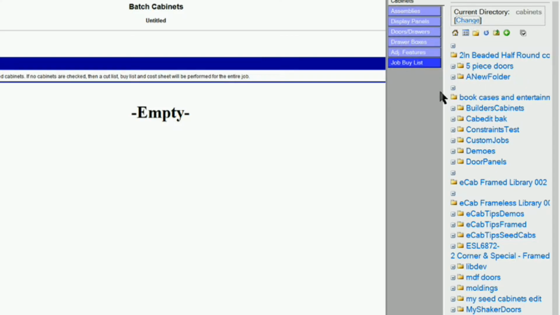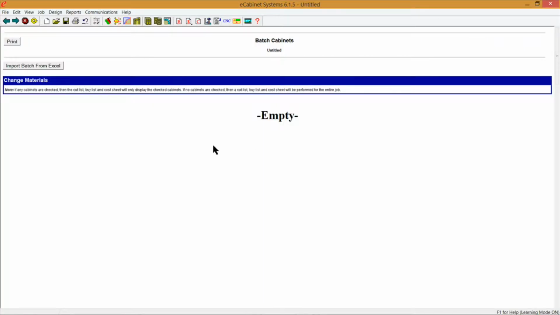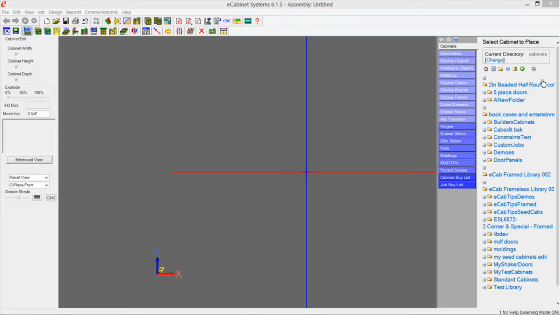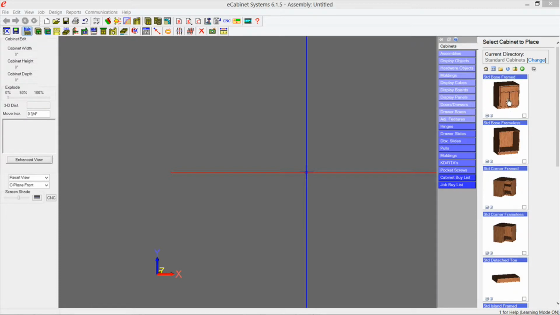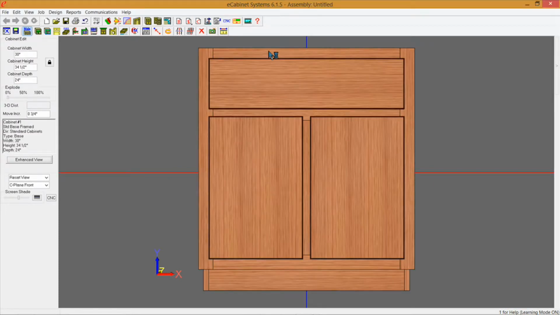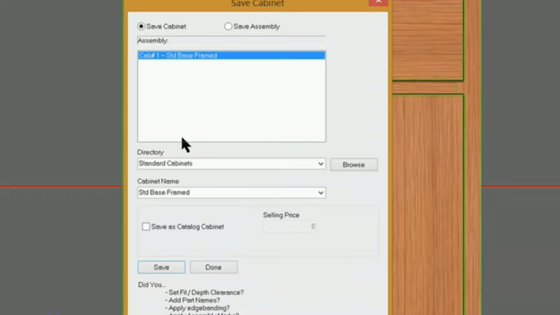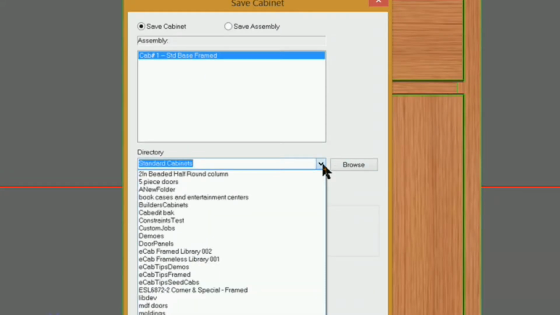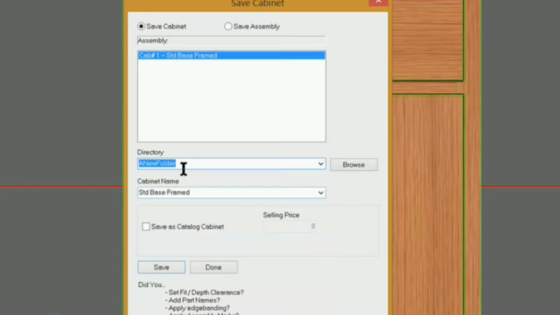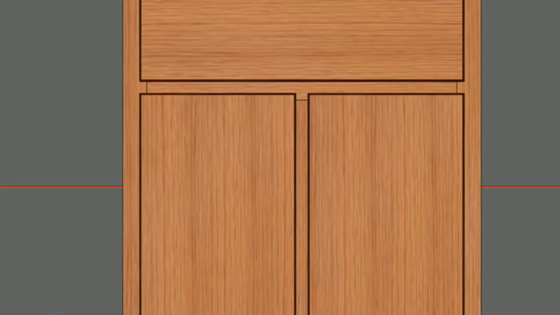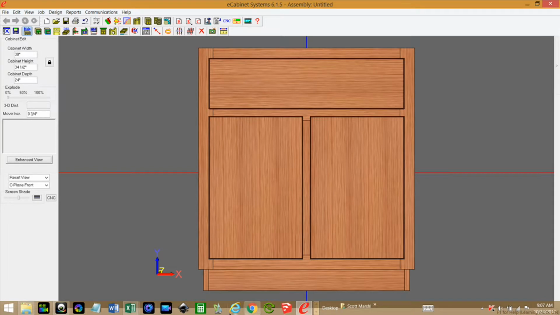What I want to do is add a cabinet to that, so I'm going to go into the cabinet editor, and I'm just going to come down here to standard cabinets and select a cabinet. Let's just use this standard base frame here, and I'm going to go ahead and save that, and I'm going to save that in my new folder. So I'm going to select my drop down here. Right here's the folder we just created, a new folder there, and I'm going to keep that same name. I'm going to click on save,